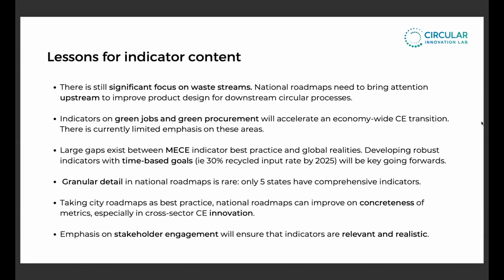Targeting metric best practice will enhance data for the economic case for circular economy, which is very important. Ensuring indicators are mutually exclusive and cumulatively exhaustive will help ensure attached goals are achieved rather than deviated. Granular detail, both at the local level and in terms of breadth of metrics, is rare and should be targeted as a best practice. Future inclusion of innovation metrics in national roadmaps could improve the concreteness of national roadmaps, learning from